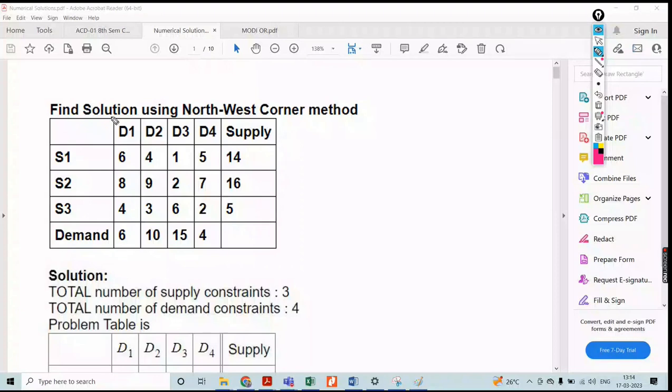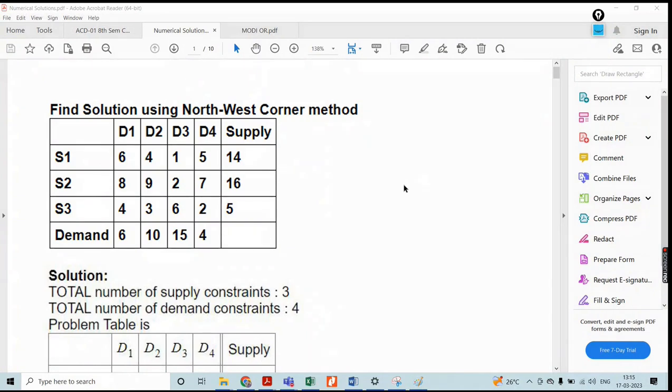Okay, find the solution using the northwest corner method. Sometimes they will ask you for the initial basic feasible solution also. That would also be correct. But for this solution, you have to make the allocation properly based on the northwest corner method. In this method, here also you must and should check